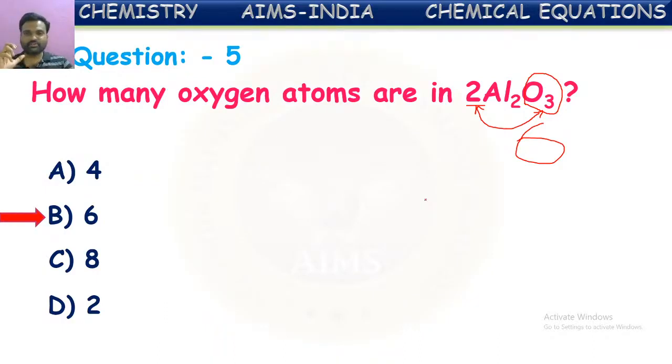What is a balanced equation? We said it is the equation in which the number of atoms of all the elements is the same on both sides. If it is not balanced, then that is called an unbalanced chemical equation. How to balance unbalanced equations, we have also seen. First, write the unbalanced equation. First, we have to try to balance the atoms of heavier elements like metals, other than hydrogen and oxygen. How to balance these? By keeping simple numerals in front of them as coefficients. That can be done by the hit and trial method.